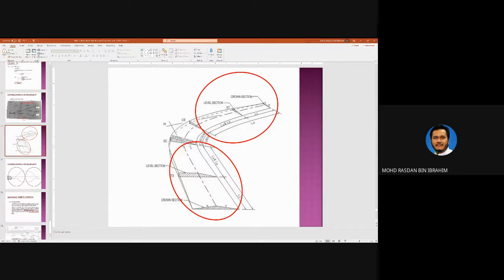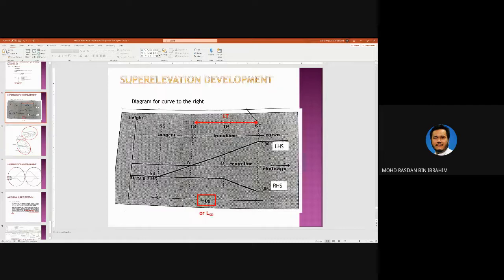To complete that diagram, you have to exit this curve, and upon exiting, the left hand side will start to go down, and the right hand side will start to go up. So it means this diagram will be